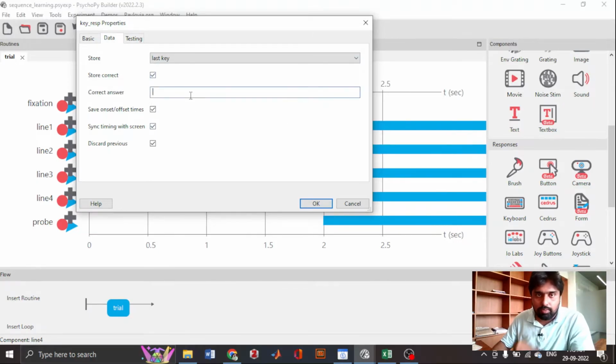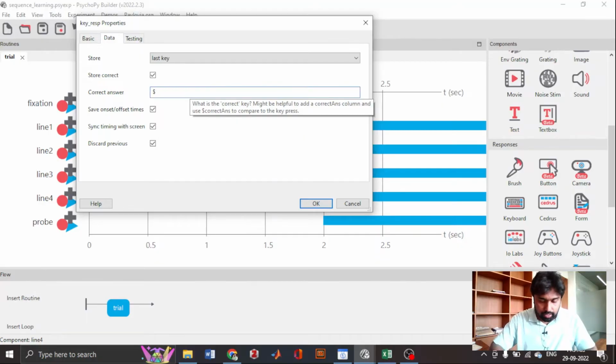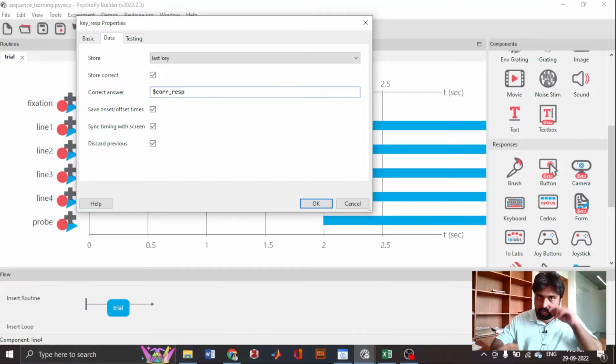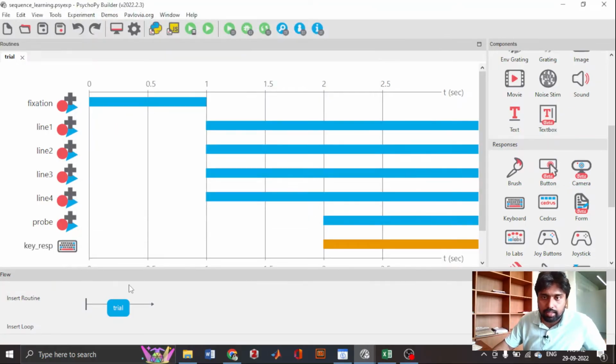Now we need to store a correct response. So let's create a variable, correct response. We will again define this in the Excel file. So now we have the key response, the triangle probe, all the 4 lines, and the fixation. Now let's go open Excel